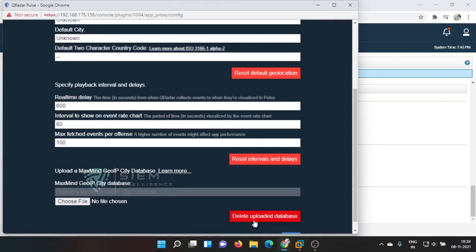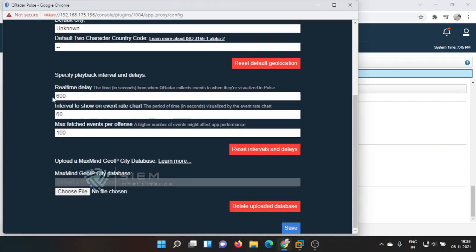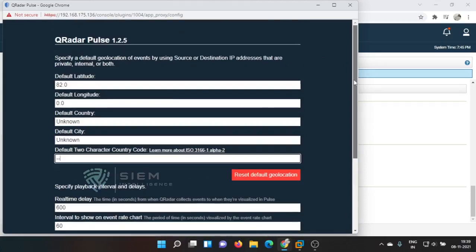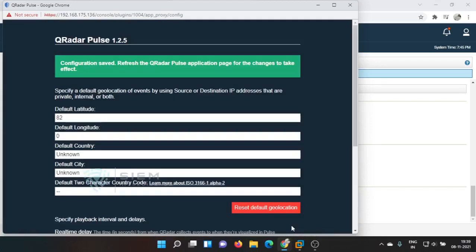Otherwise you just do changes if required. By default people don't change the thing. The default country code, reset geolocation, these are the basic things, but it is not mandatory. You just need to save.